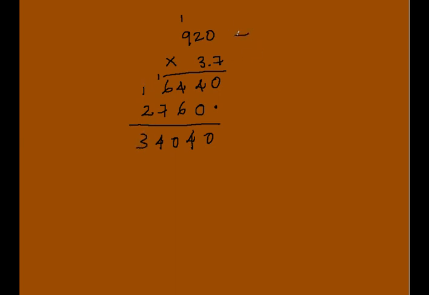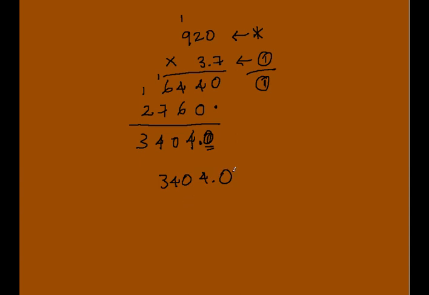Now the thing is, how many numbers are after the decimal here? There's no decimal point here. How many numbers are after the decimal here? Just 1. So how many numbers in total after the decimal point? Just 1. So your final answer is